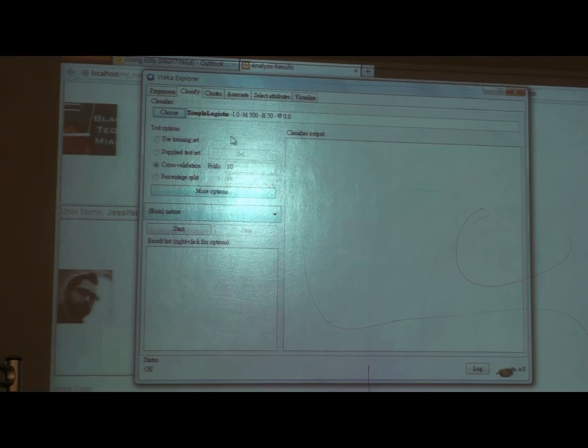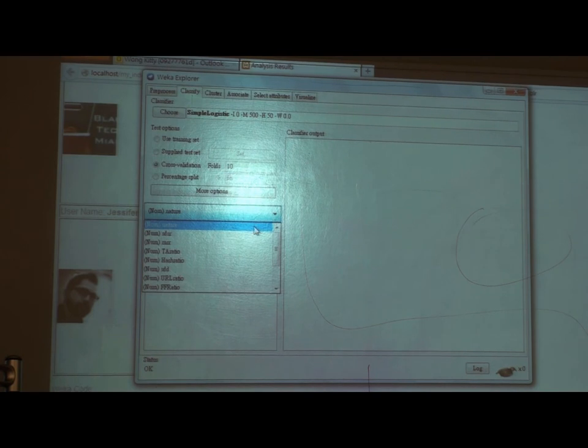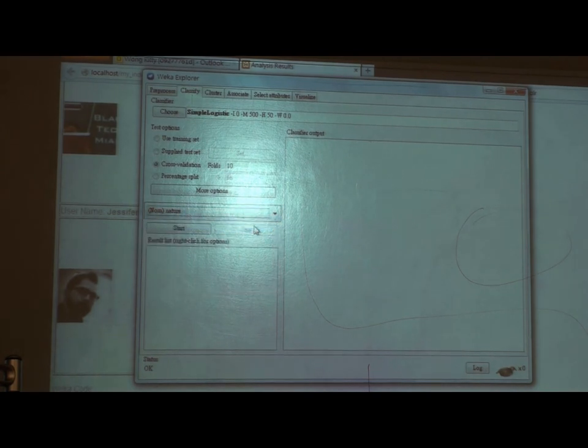So you can see that simple logistic is chosen. And then the value to predict, there are many to choose from. The one I chose is nature, because I have to predict whether the account belongs to a spammer or to a user. And then I can click start.